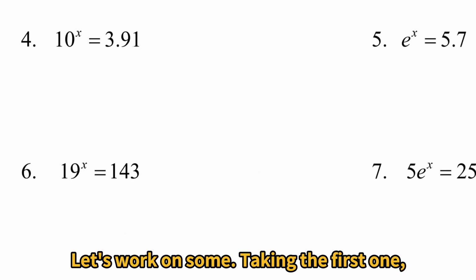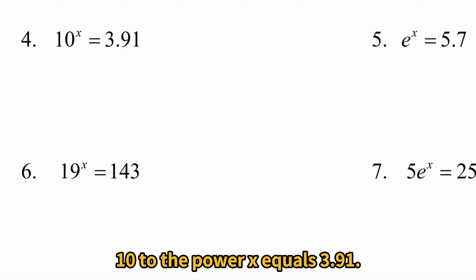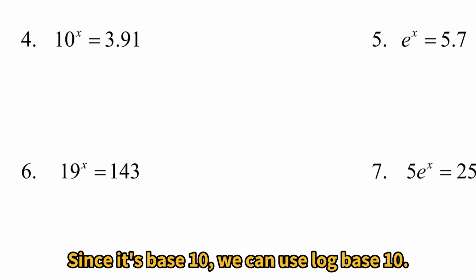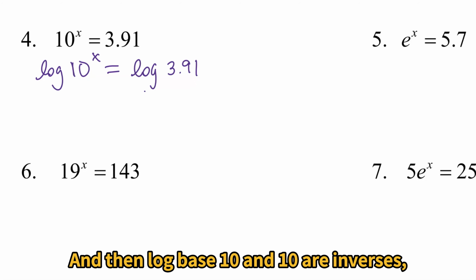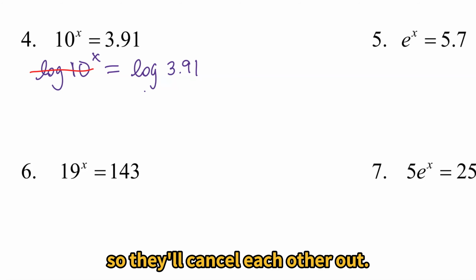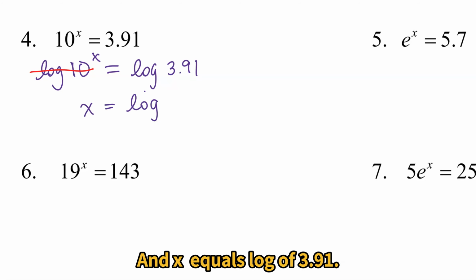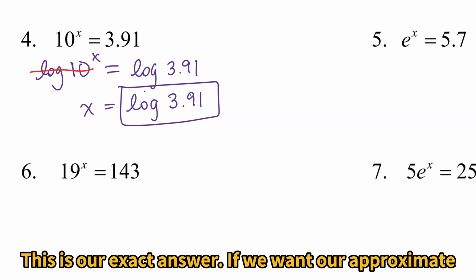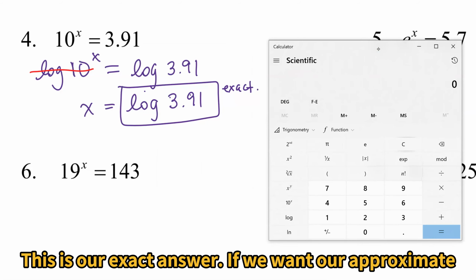Let's work on some. Taking the first one, 10 to the power x equals 3.91. Since it's base 10, we can use log base 10. And then log base 10 and 10 are inverses, so they'll cancel each other out. And x equals log of 3.91. This is our exact answer. If we want our approximate answer,